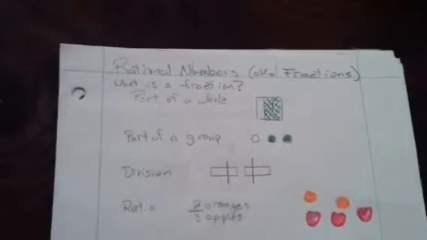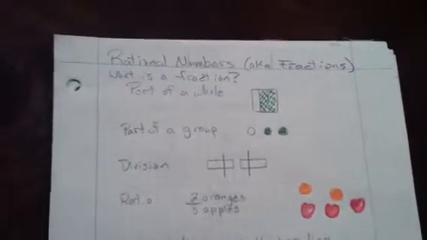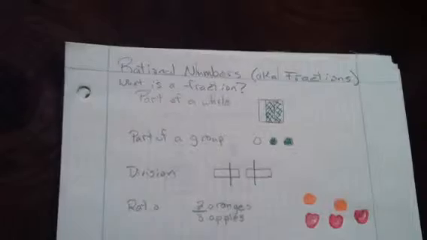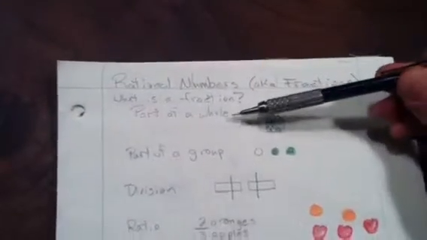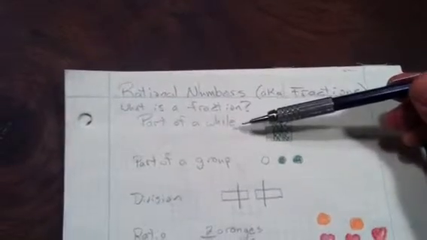So here's a brief review of what we went over before. Rational numbers, what this chapter is about, and rational numbers is another phrase for fractions. So what is a fraction? We talked about that. The main thing people think about as far as fractions go is it's part of a